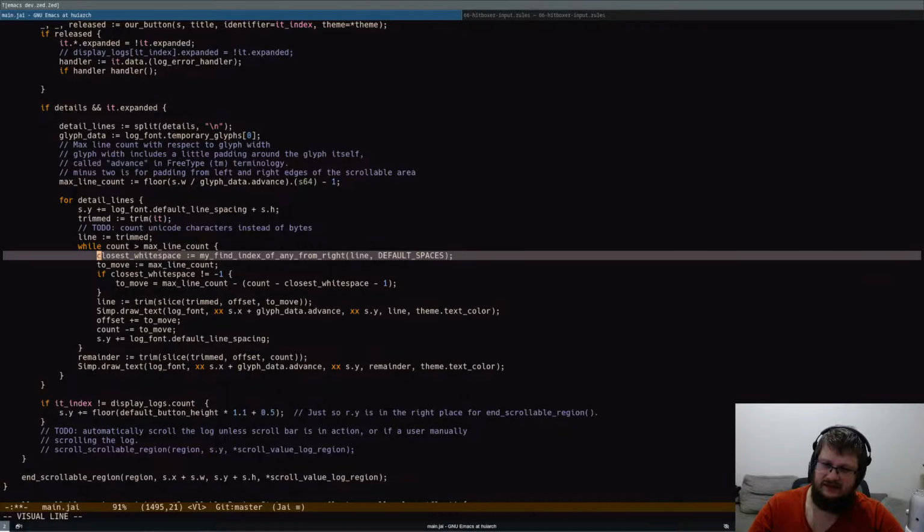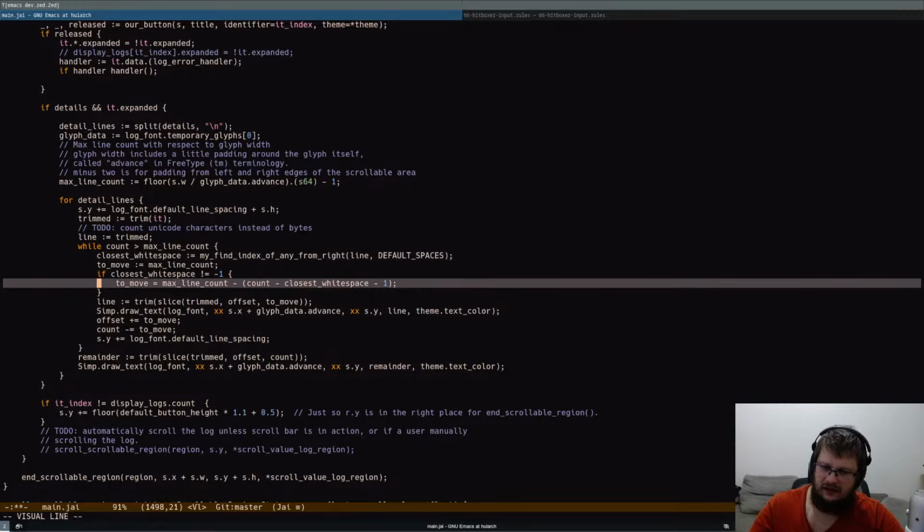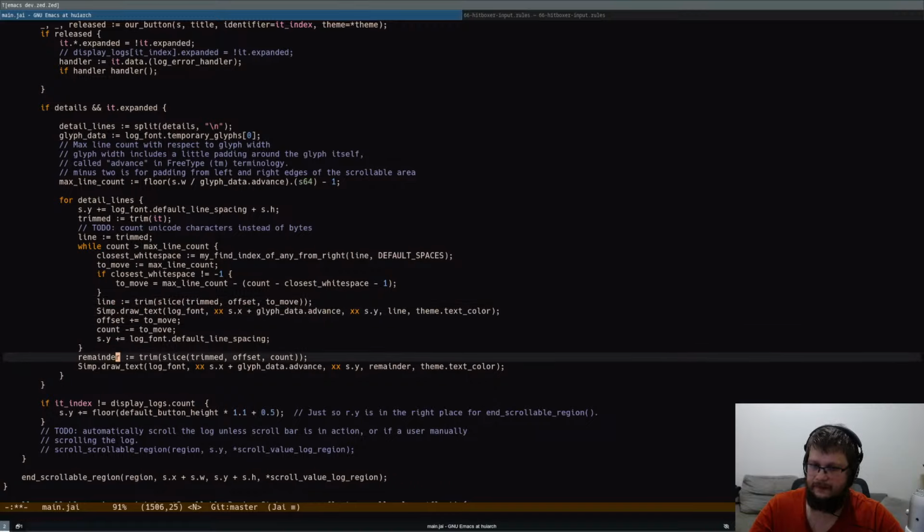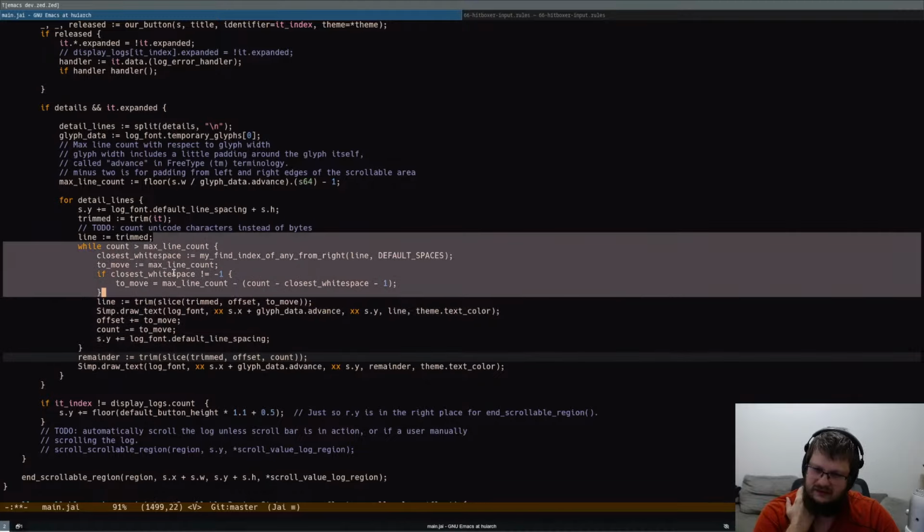So I find space. I get the index by how much to move. I can modify the line here, so I can just literally remove the count. Cool. And I will draw the correct line. But then I still need to get the remainder of the original string. I will also need to, if I get here in the loop,